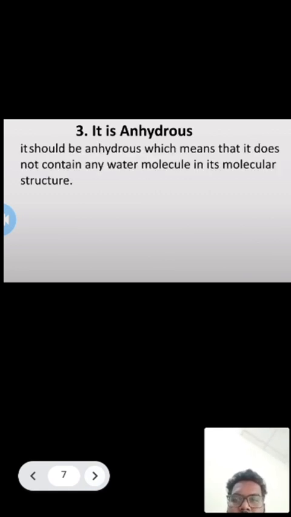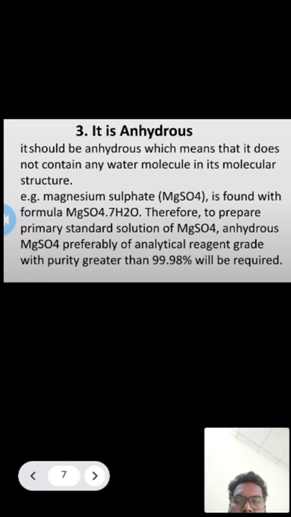Let us discuss the next property. It should be anhydrous, which means it does not contain any water molecules in its structure. For example, magnesium sulfate is found with the formula magnesium sulfate heptahydrate, with 7 water molecules. Therefore, to prepare a primary standard solution of magnesium sulfate, anhydrous magnesium sulfate of analytical reagent grade with